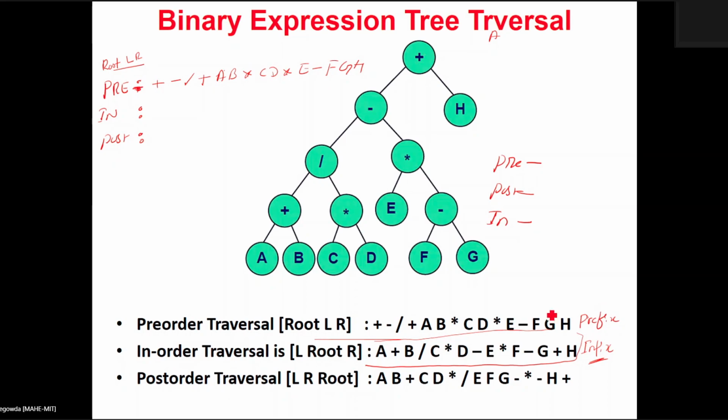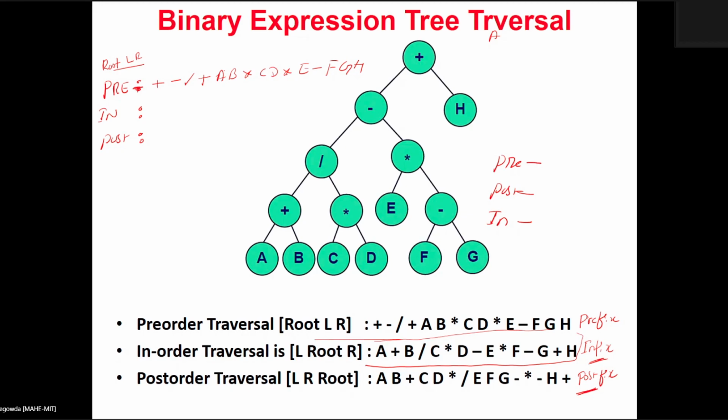Suppose the binary expression tree is traversed in post order, this is going to produce the postfix notation. I told you in the beginning of today's class that there are 6 kinds of conversion, right? So if you build an expression tree, converting an expression from one form to another form is very easy. You can make use of the pre-order, in-order or post-order traversal depending upon the requirement. I hope it got cleared.